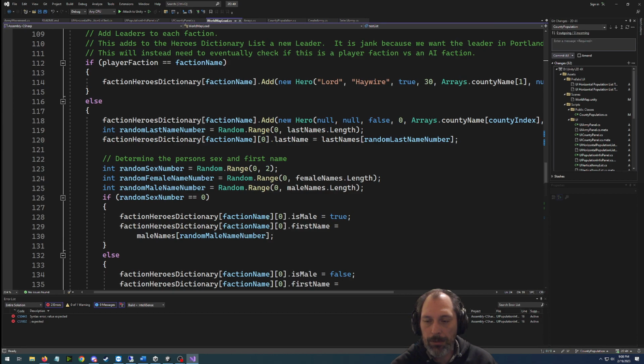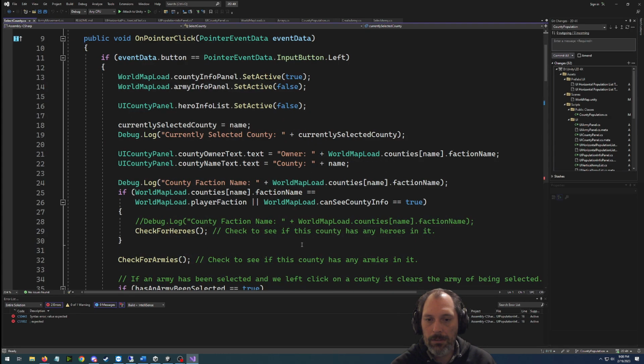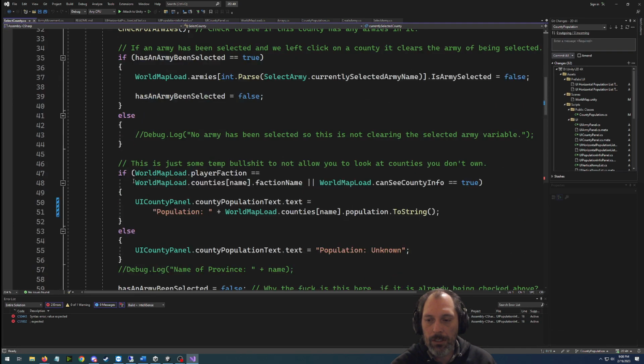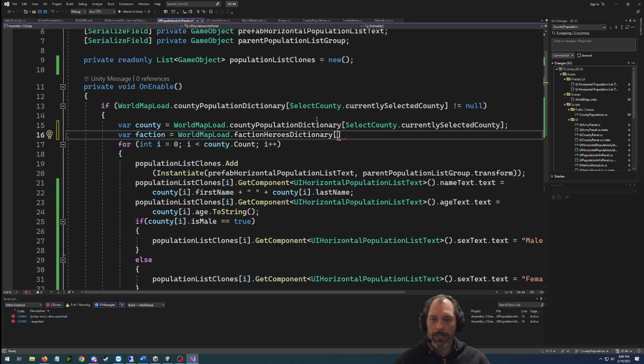Generate leaders. That's going to put the leaders there, but then on select, I closed it. I got carried away. Select county is where it's going to pull. Check for heroes. County name, faction name. Okay, so that's what I was doing. Couldn't remember how I was doing this. Okay, so what we're going to need to do is